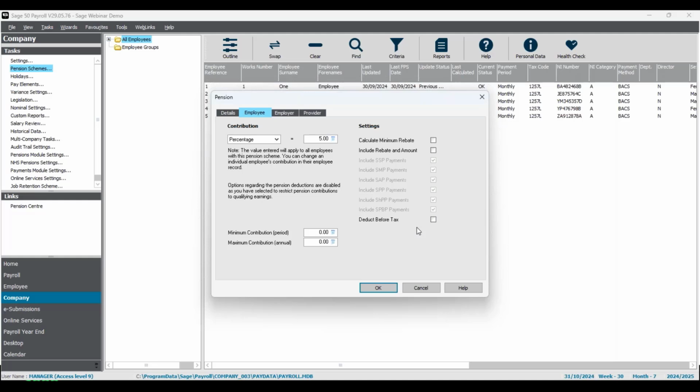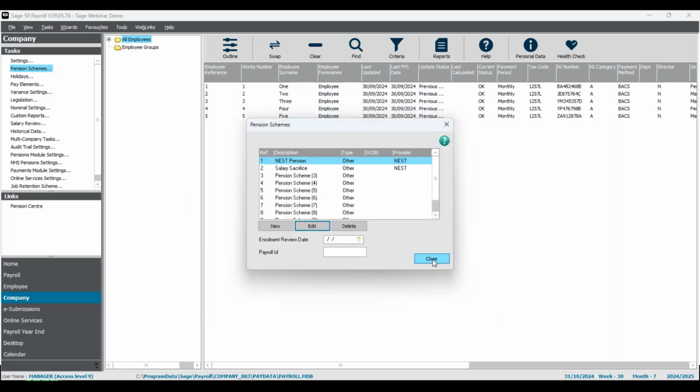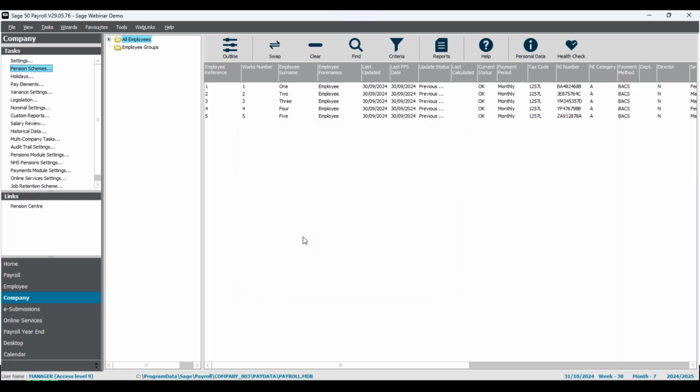But as you can see, most of the factors that affect the calculations are in here. We've got this tick box here, of course the contribution rate as well, and a couple of the tick boxes on this first details tab. You also though need to check which pay elements are set up to be included or excluded in the pensionable pay or included towards qualifying earnings. So let's click OK. We'll just close these pension schemes for now, and we'll take a look at those pay